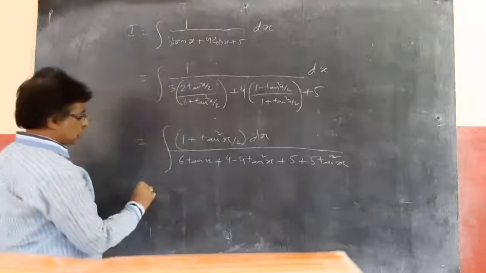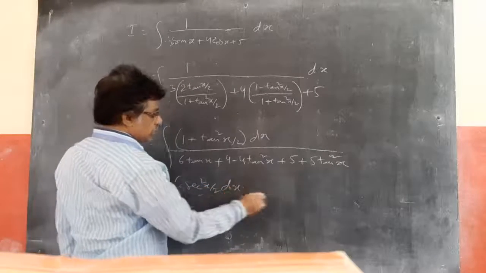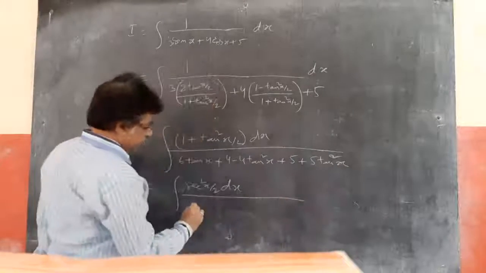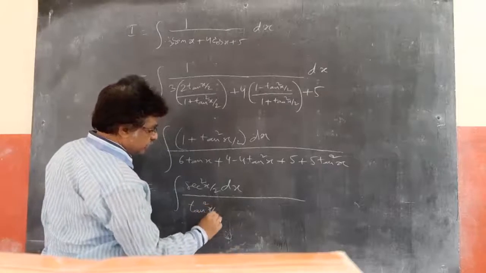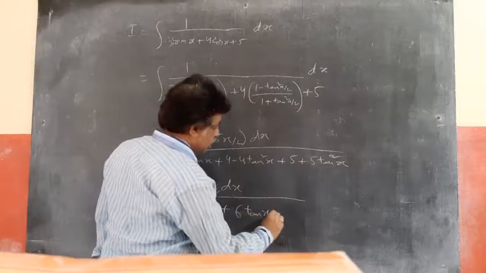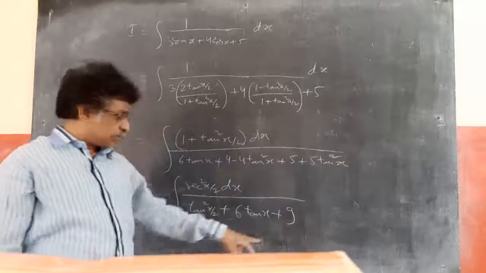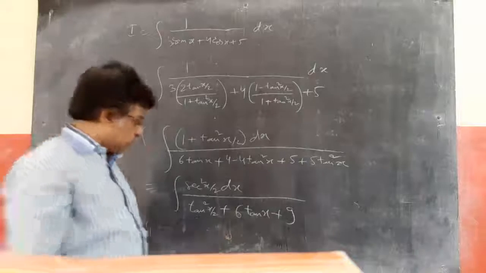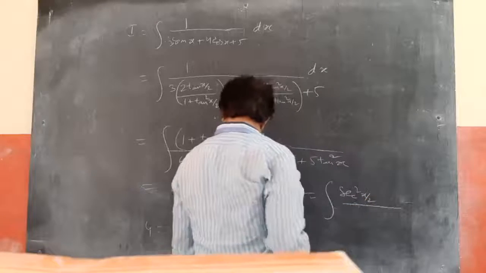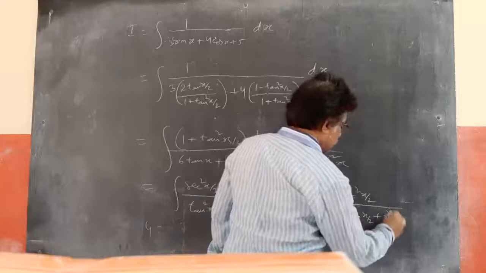Now this is equal to the integral of, 1 plus tan square is secant square, so secant square x by 2 dx by minus 4 tan square plus 5 tan square is tan square x by 2, plus 6 tan x by 2 as it is, right? Plus 5 plus 4 is 9. Now if you observe, this is a square plus b square plus 2ab. So the whole denominator I can write in a plus b whole square form. So I can write secant square x by 2 by tan x by 2 plus 3 whole square dx.